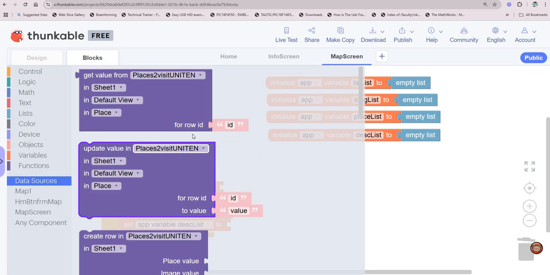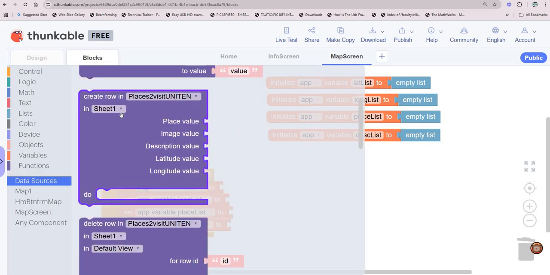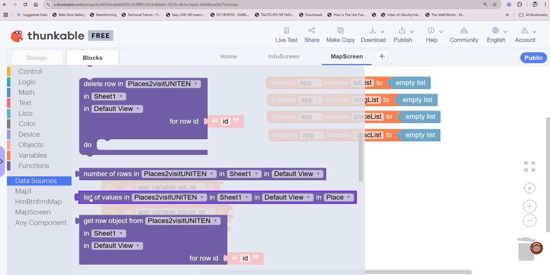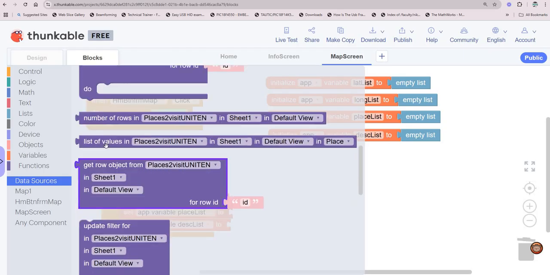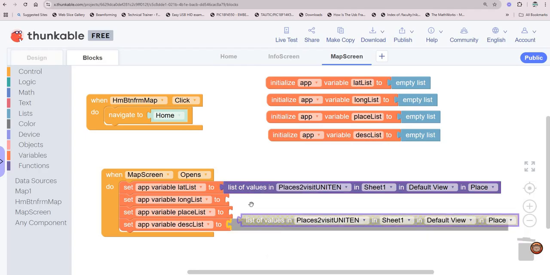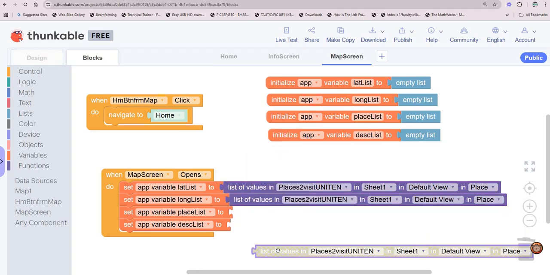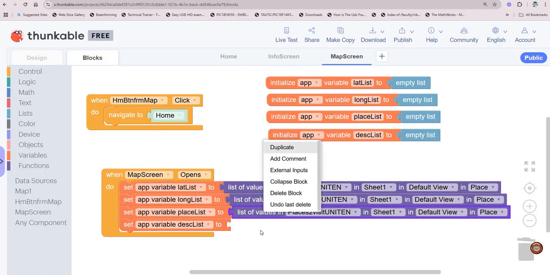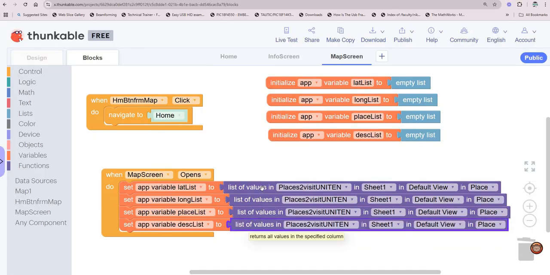So under the data sources, do you see this one? List of values. There's a block that is able to get the list of values. So take it and put it here. You want to duplicate this. So list of values, make sure, of course you only have one file, right? So places of unit 10. In sheet 1, in default view, this is default view. And this one,